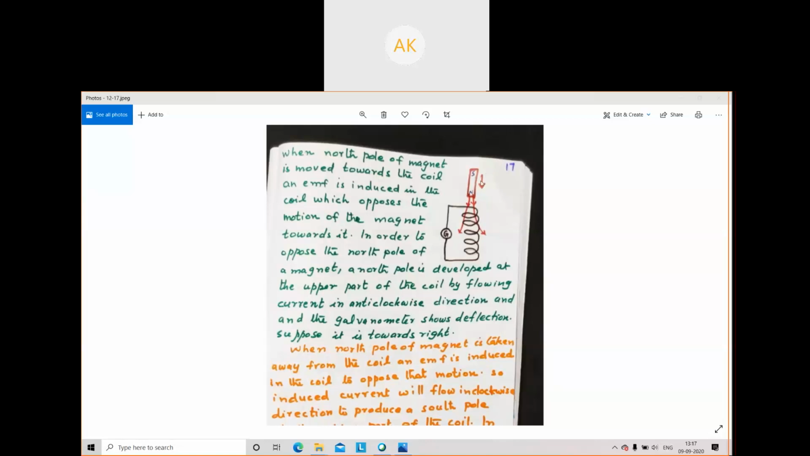And then a magnet also, you can see here. This is the north pole and south pole of the magnet. When the north pole of the magnet is moved towards the coil,